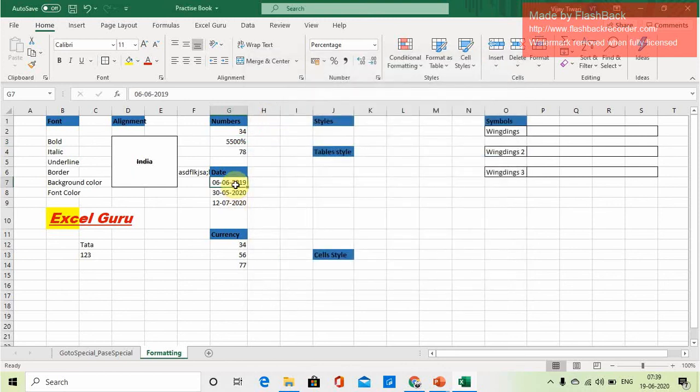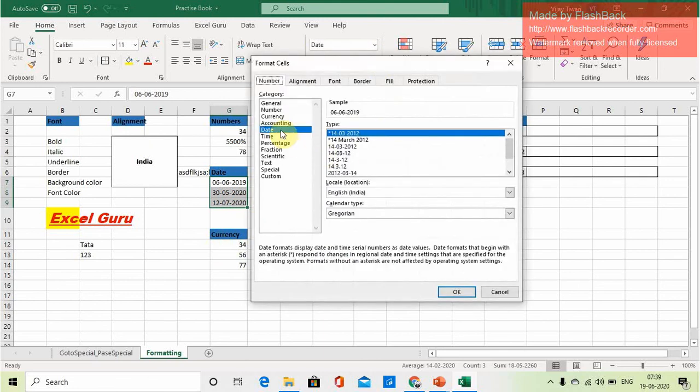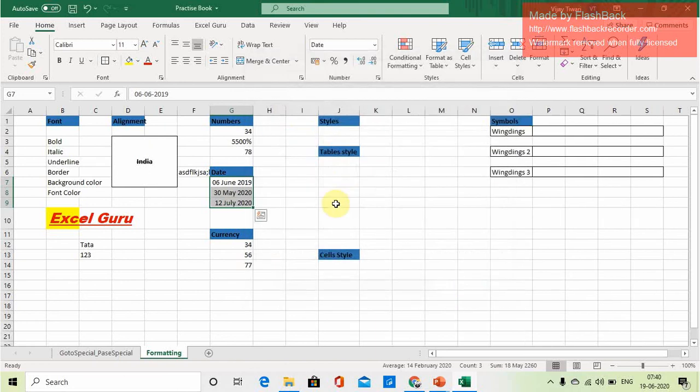Now come to the date. This is the sample date data I have taken. If you want to change the date format, go to this and come to date. If you want to change it to a format like 14 March 2012, you can change it to this, or 6 June 2019.